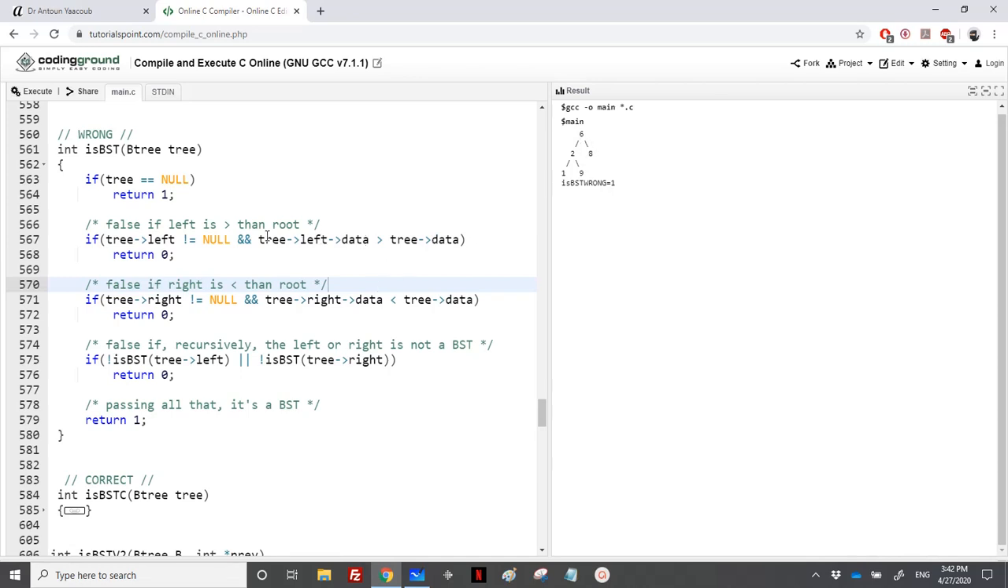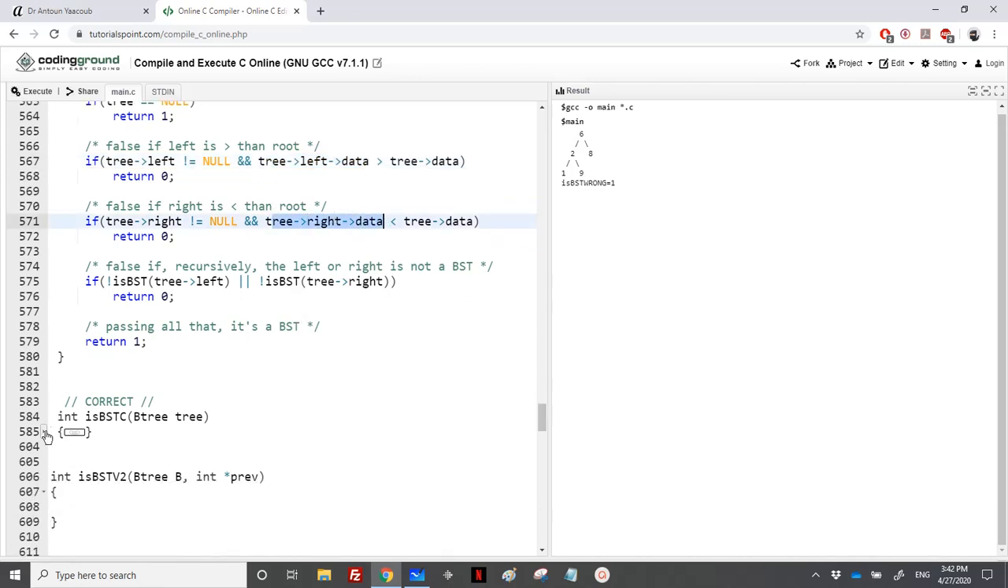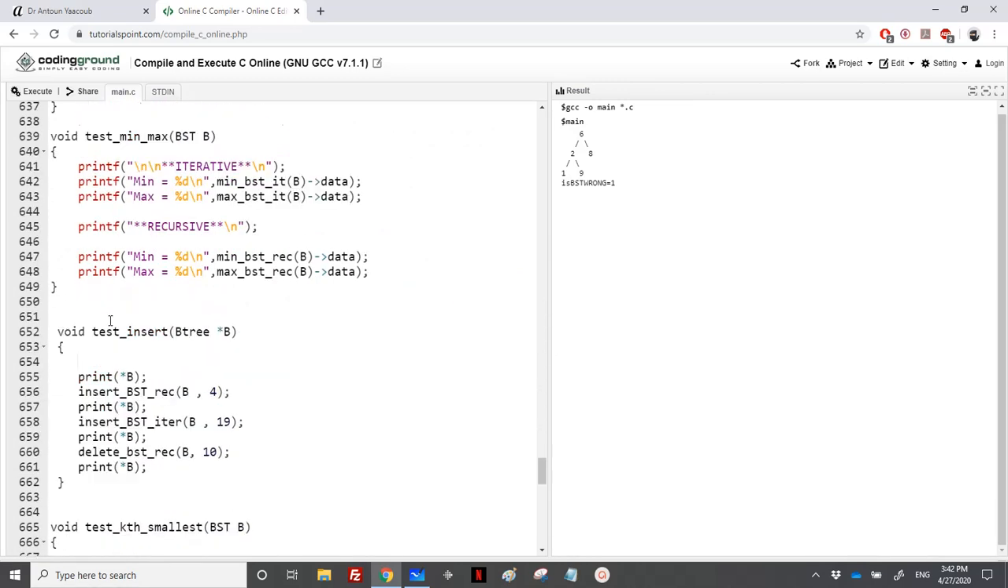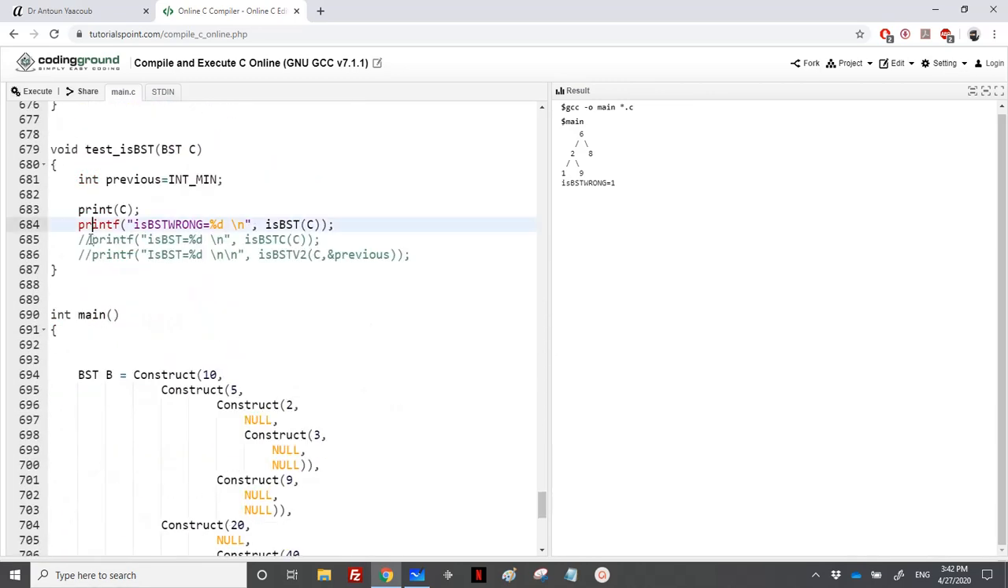So instead of doing this, we just need to rectify. Instead of 3 arrow left arrow data, I need to find the maximum on the left, and here we need to find the minimum on the right. So here is the solution. I just need to modify it: find the maximum on the left and the minimum on the right. So let's now uncomment this